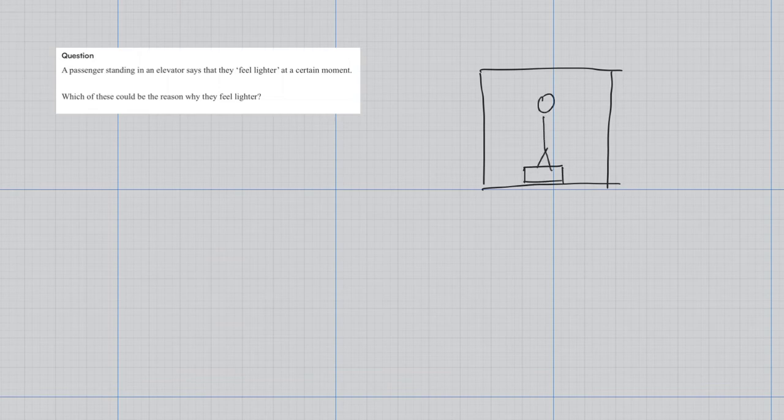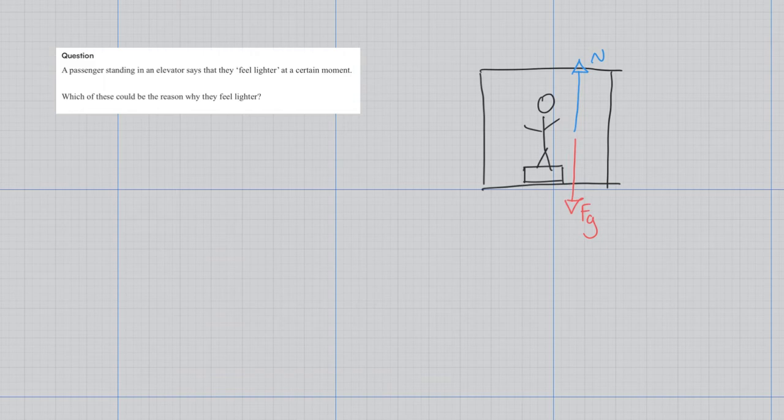scale reading? The person themselves would have two forces acting on them. They would have their weight, or the force of gravity, acting straight down, and they would have the scale pushing up, which would be their normal force. And so whatever the scale reads is going to be their normal force. So if we think about this,